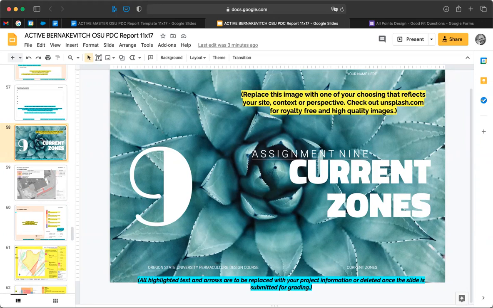That's allpointsdesign.com. And today we're talking about the Oregon State University Permaculture template, specifically zones. Now, zones are a fascinating tool of permaculture that takes a look at the center of human initiative. That's wherever on your site humans gather, usually called zone 0 or if it's an activity zone 1. And then we go out all the way from zone 2, zone 3, zone 4, which are all different potential